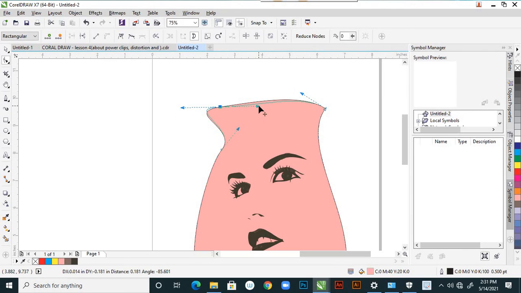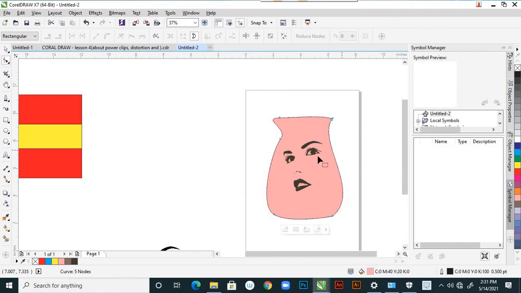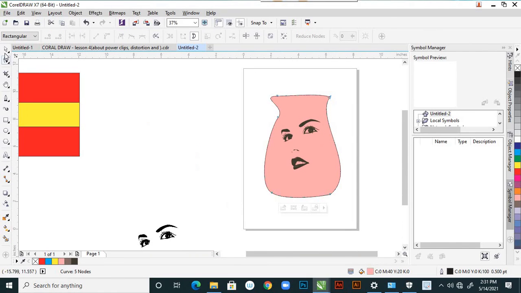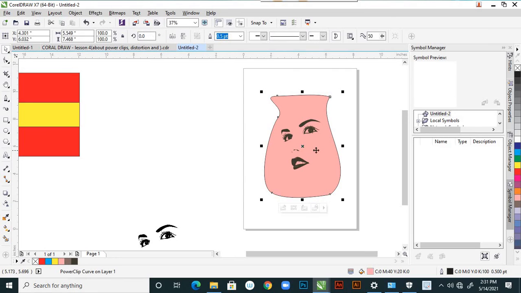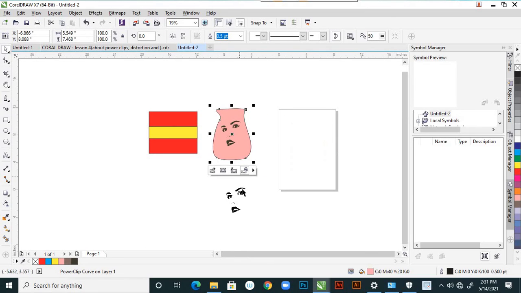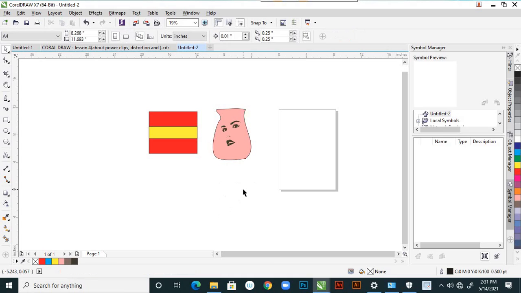Anyway, how you want you can modify that. So these are the power clips. Mostly power clips we use for real-time designs. Suppose you are planning a brochure or poster or any commercial work, we use these things.